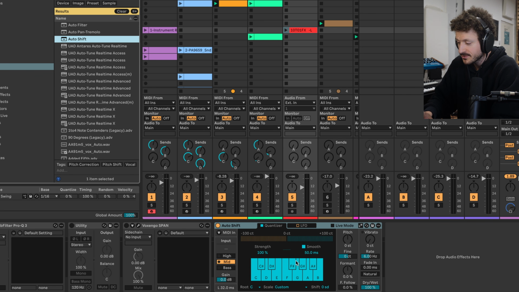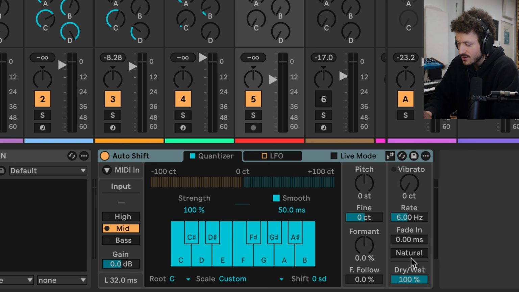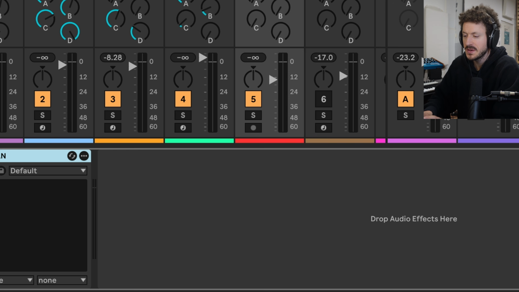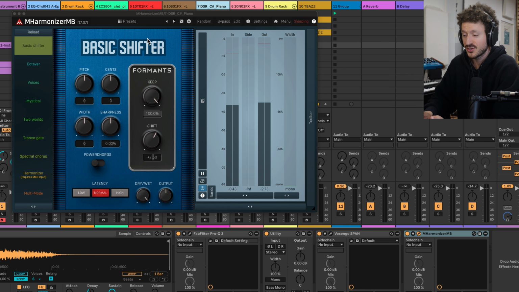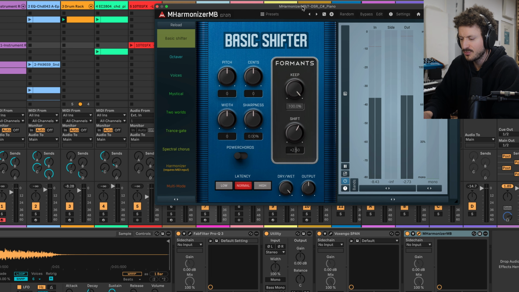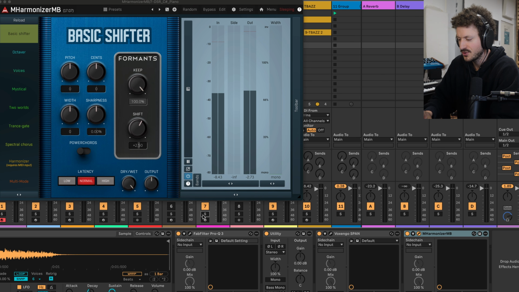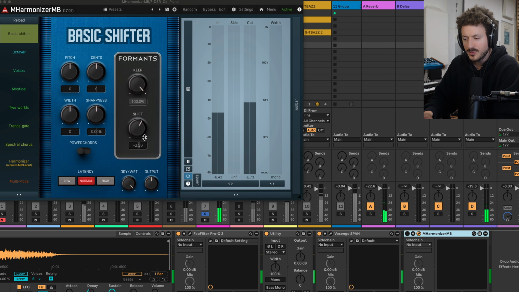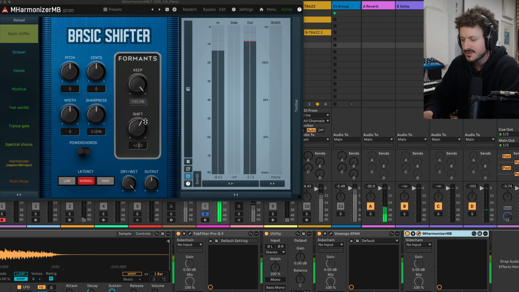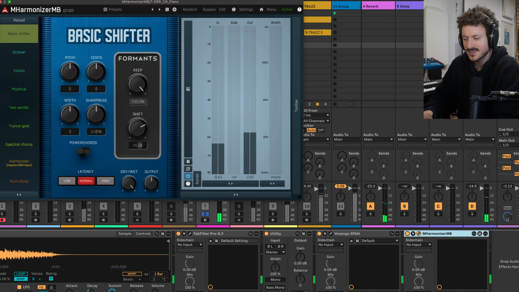We have Auto Shift, which can technically be used to kind of do something with the formants since we have a formant slider here. But trust me, nothing does it as well as the M-Harmonizer. I use it on chord stabs and this type of thing all the time. So for example, here we have this piano sound. And it can just be a normal piano sound. The moment we kind of get this